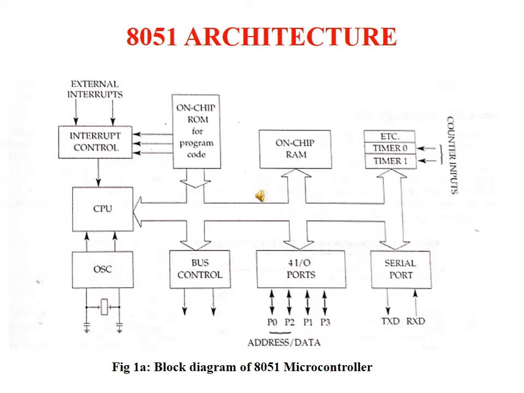Next, the 8051 microcontroller has two 16-bit timers or counters. Whenever you want to generate a delay, you make use of the timers. Counters are used to count the number of events happening outside the 8051 microcontroller. These are labeled T0 and T1, which are 16-bit in size and can be configured either as a timer or as a counter.